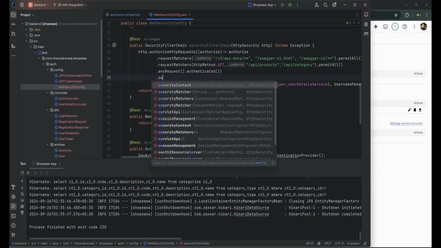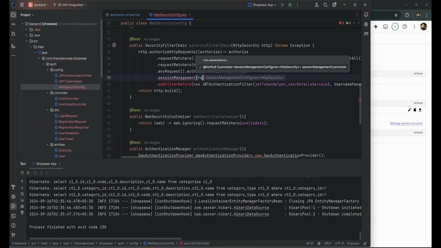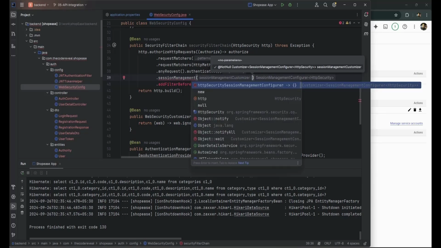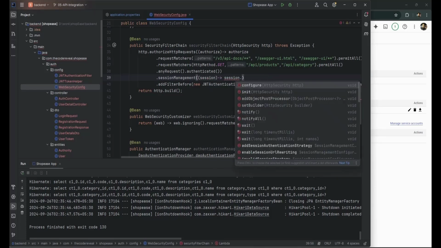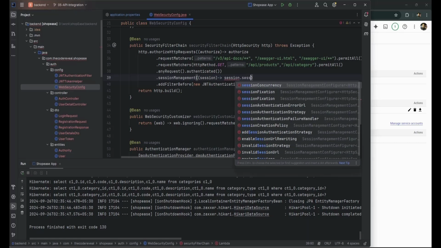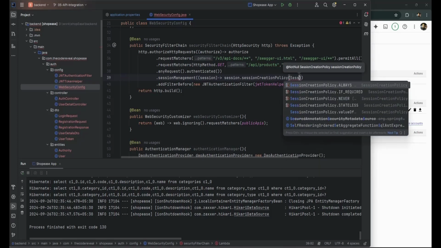So if required, session management, and let's give the session creation policy, session creation policy if required,